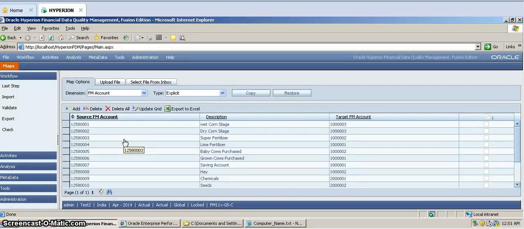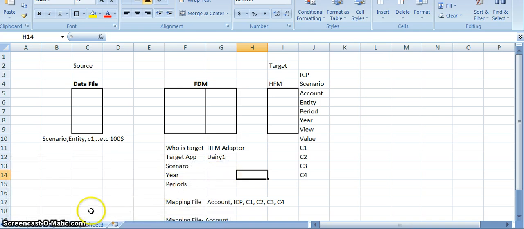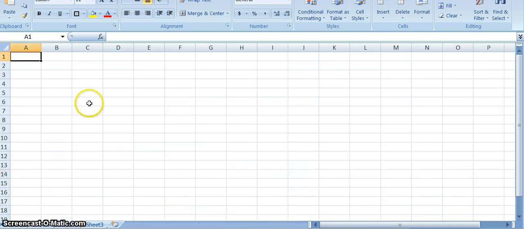Okay, we'll see. Up to now we have seen the explicit mapping, so it's called a one-to-one mapping. Okay, let us go to the example. We'll go to the example, so it's a mapping file. If you see the mapping file,